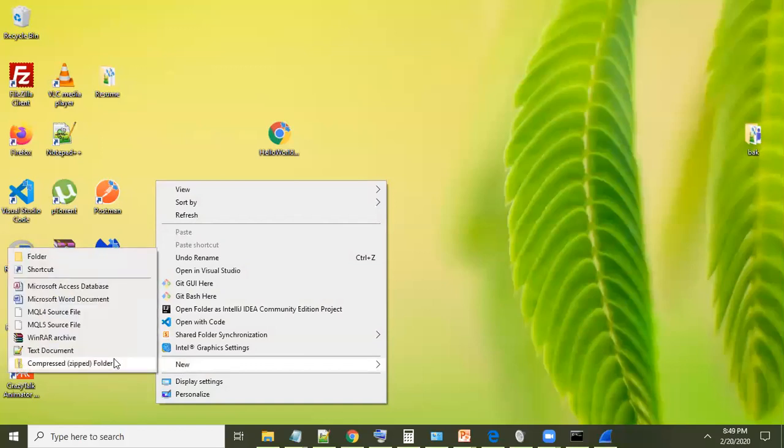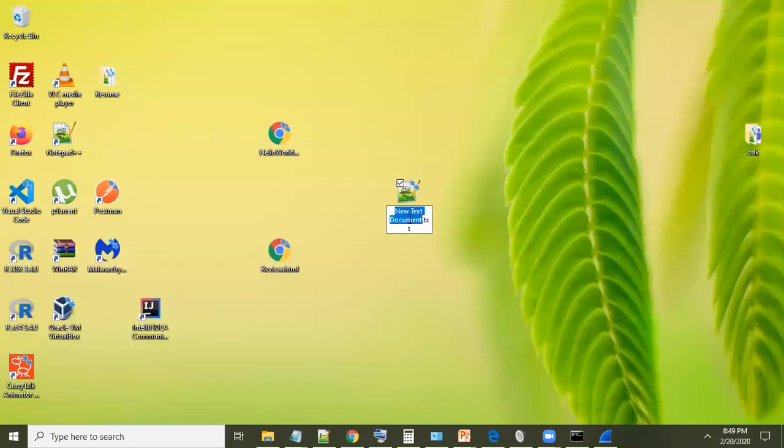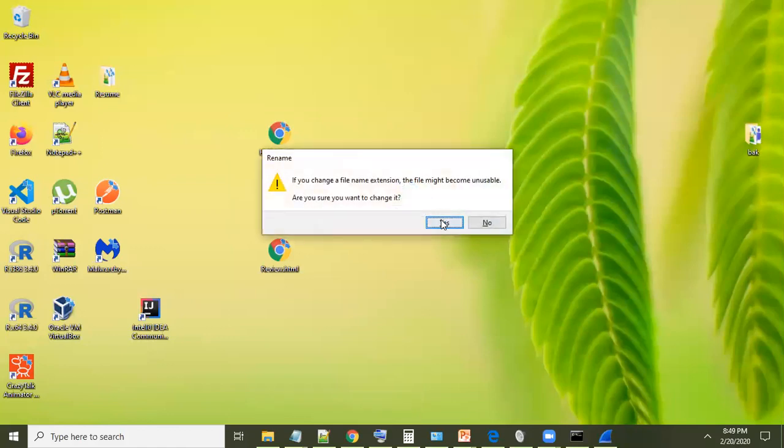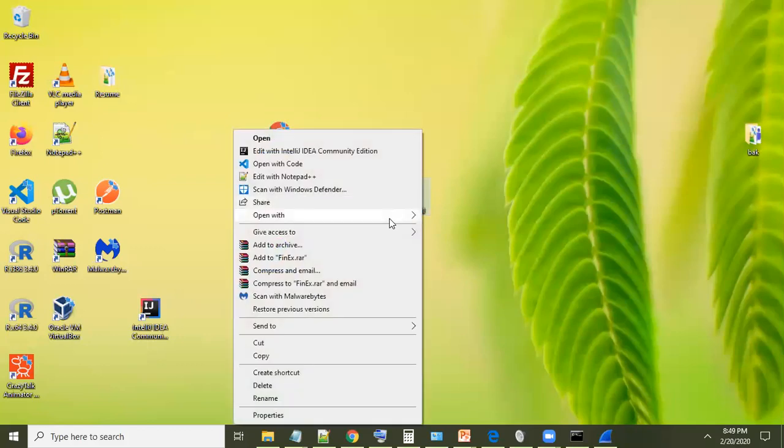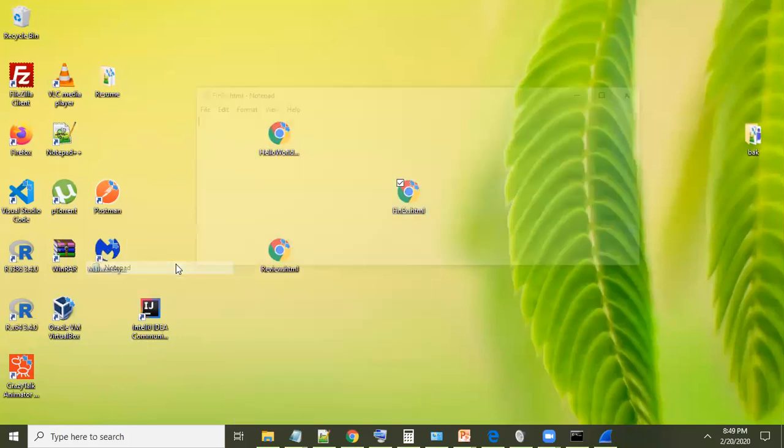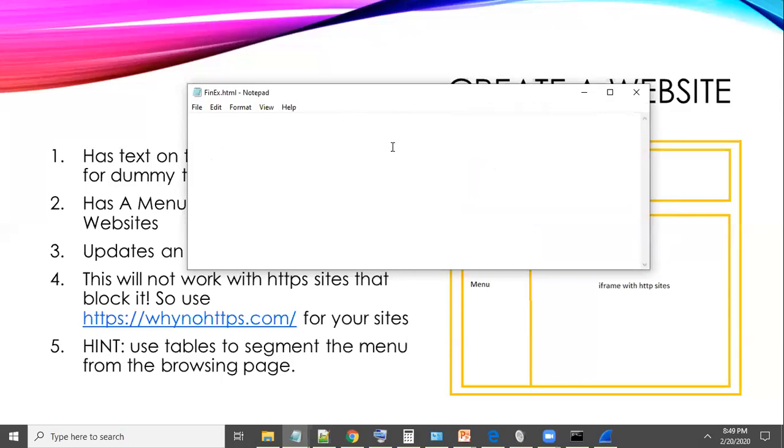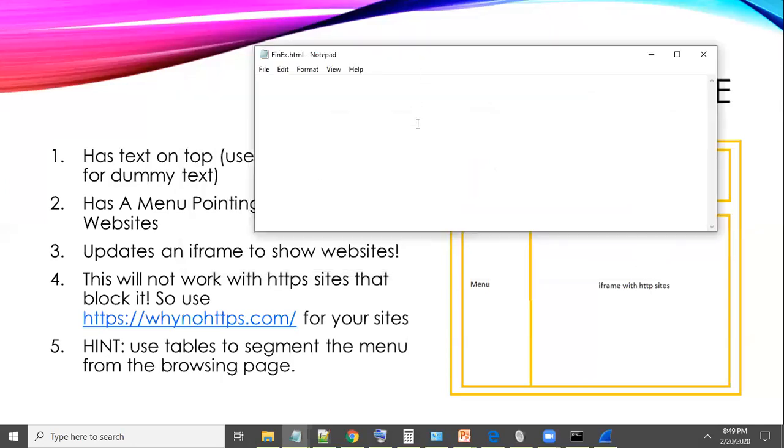So open up a text document in Notepad, and save it as exercise.html. We'll open it up with Notepad. And the first thing we're going to do is create the table structure. And if you recall, an HTML file always starts off with a doctype. We'll specify HTML. Now we're going to specify the actual content of the HTML page.